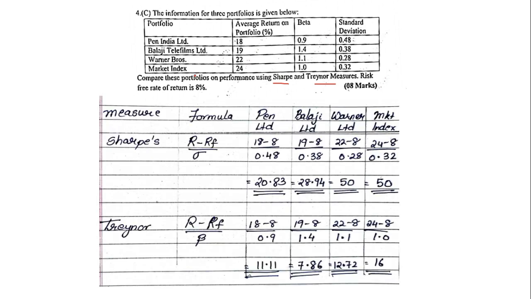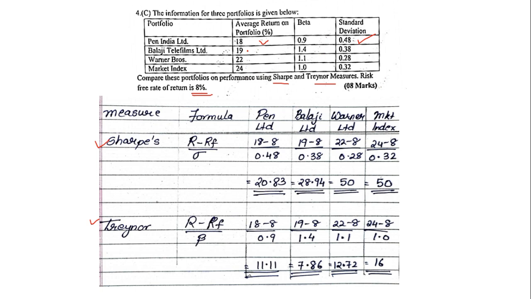Okay, now this is very simple. You just have to apply into the formula. So now I have already created a table for that. So a table will be measures in which you have Sharpe's and Treynor. Formula Sharpe's is R, that is the average return minus risk-free return upon standard deviation. So for Penn, the return was 18, risk-free return is by default 8, and the standard deviation was 0.48. So basically the formula would have been 18 minus 8 divided by 0.48, which comes to